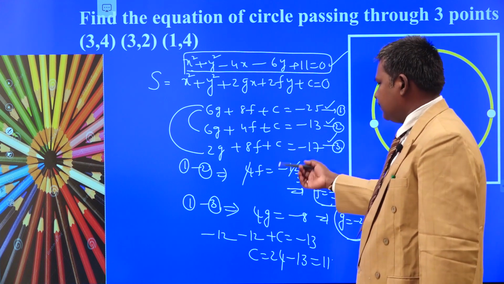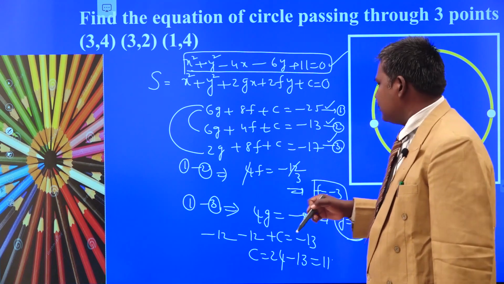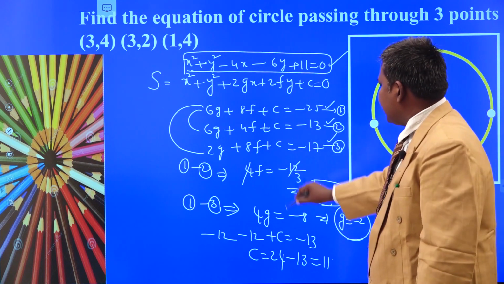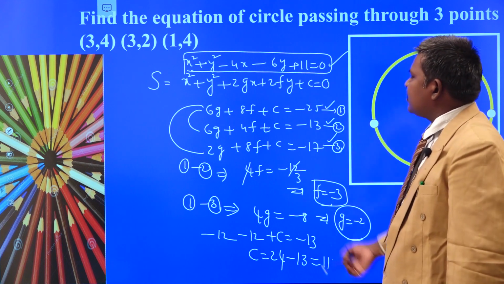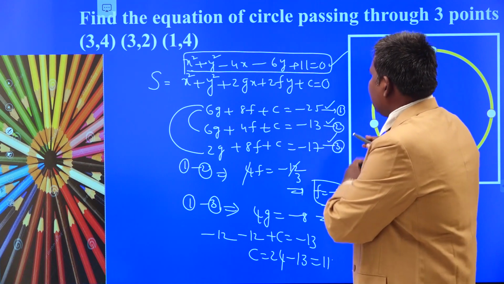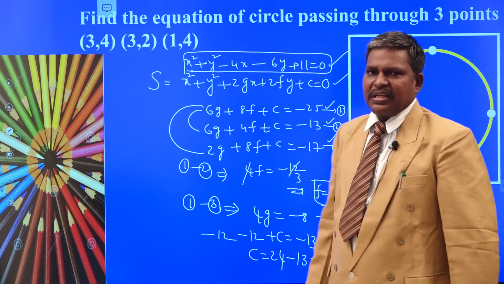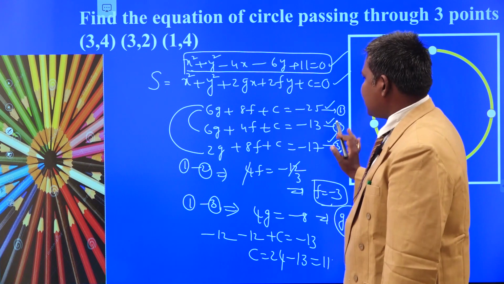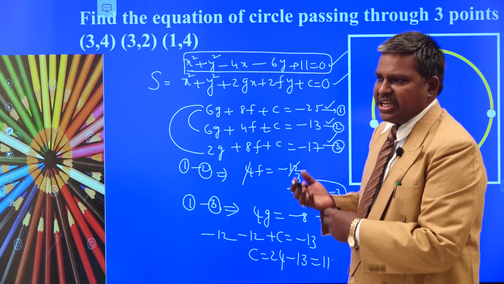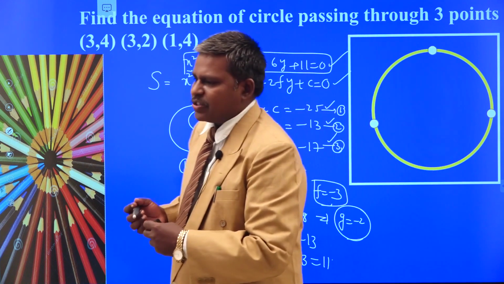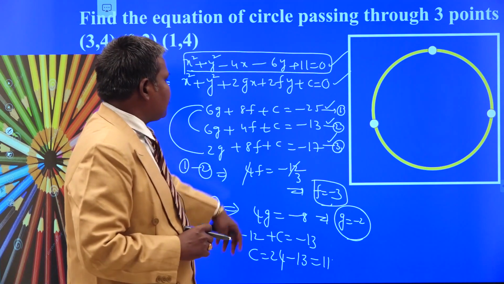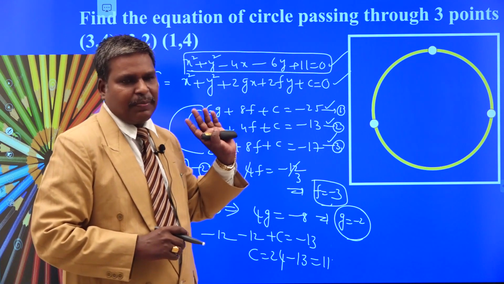So a little bit more calculation will be needed in the other problems. That is why you have to solve these two equations in terms of f and g. We get f comma g values. Substitute f comma g values in any equation having c. We obtain c also. Substitute f, g, c values in this equation, we obtain the required equation of circle. In this process, we need not go for finding the center and radius, writing the equation as x minus x1 whole square plus y minus y1 whole square is equal to r square. So directly we obtain the equation of the circle passing through your three given points.